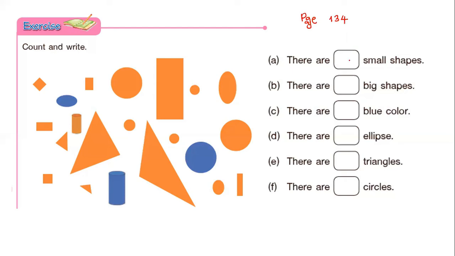How many small shapes are there? Let's count. 1, 2, 3, 4, 5, 6,